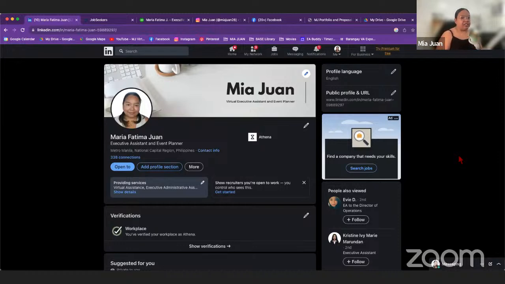Okay, but first, let's focus on the first profile that you need to create. Now, the first one that you need to prioritize, aside from your JobStreet and your Upwork profile,